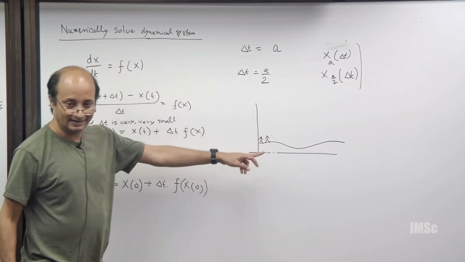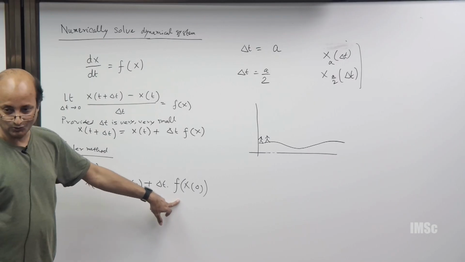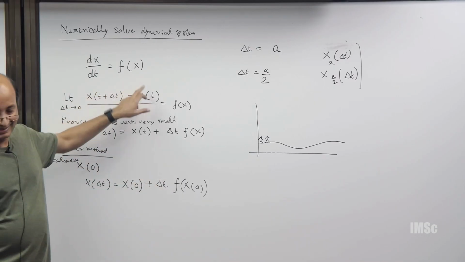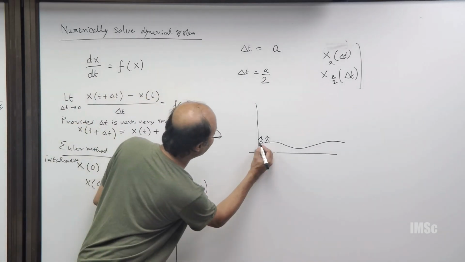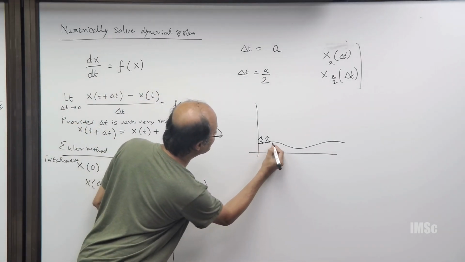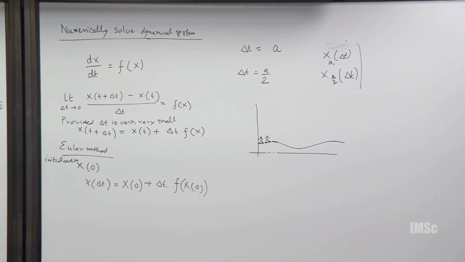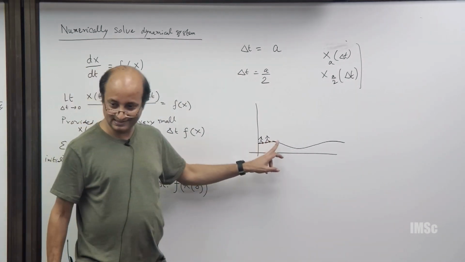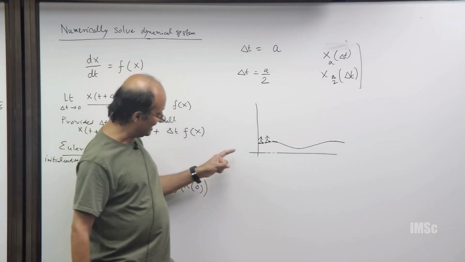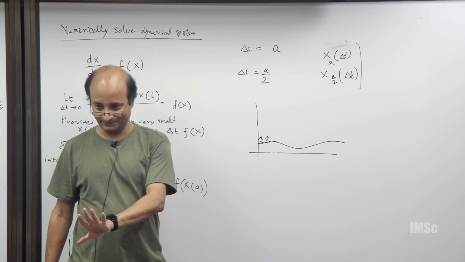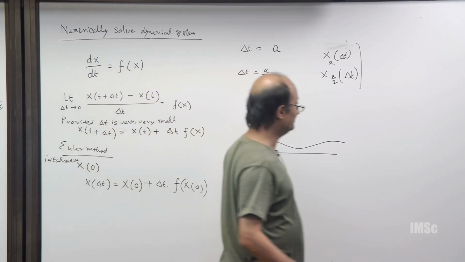So basically at every time step you are evaluating the slope in some sense. What is dx/dt is nothing but the slope, right. So you are estimating the rate at which your speed is changing, and using that you are just taking a step. As long as your steps are much smaller than the rate at which this function is changing, you are safe. The problem will come when